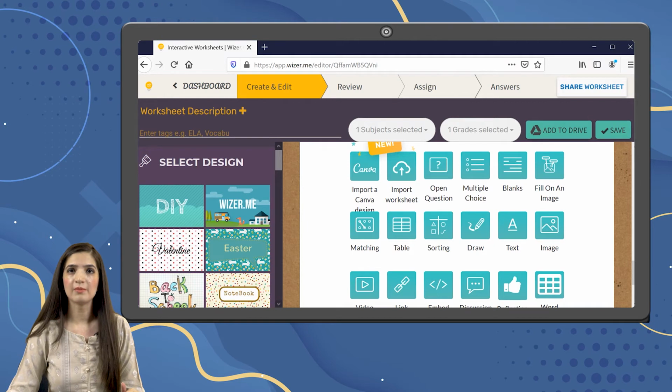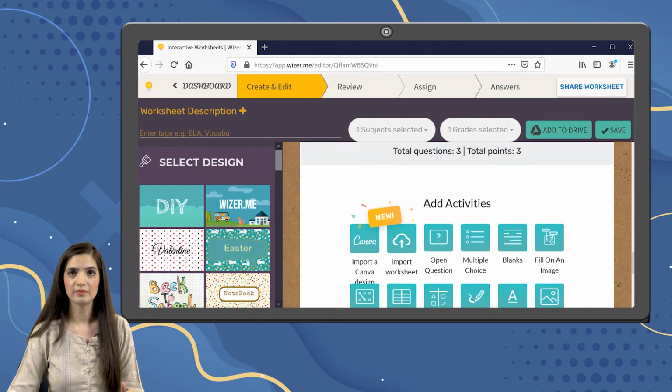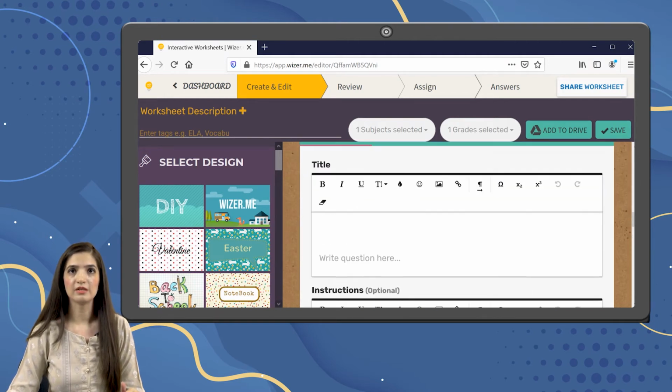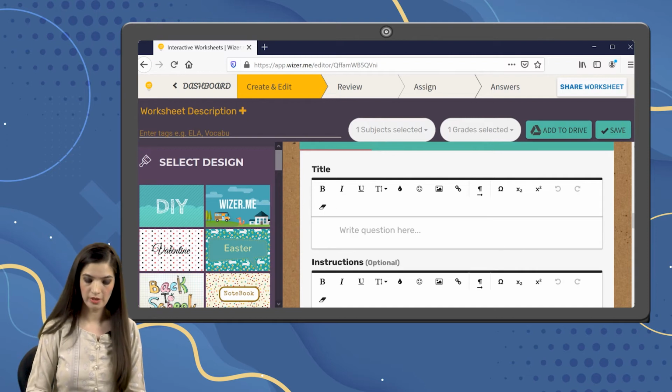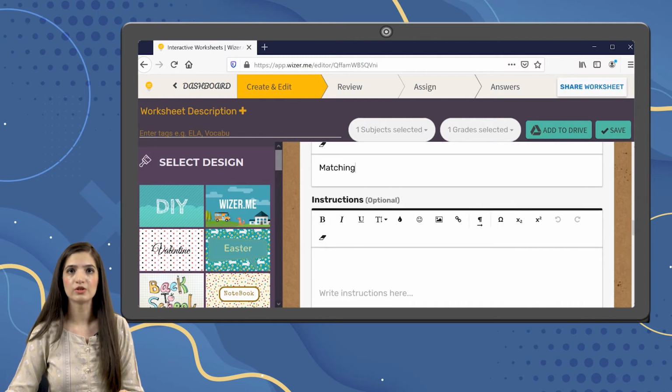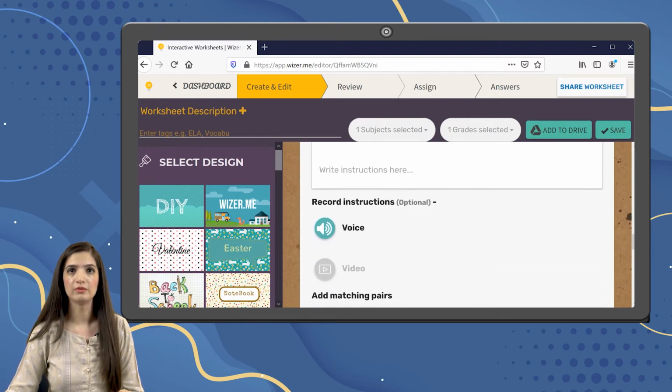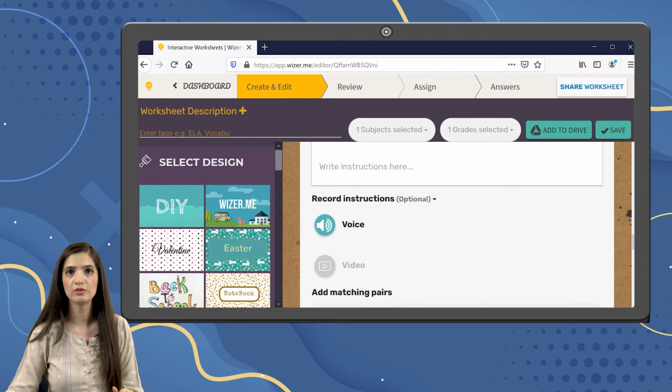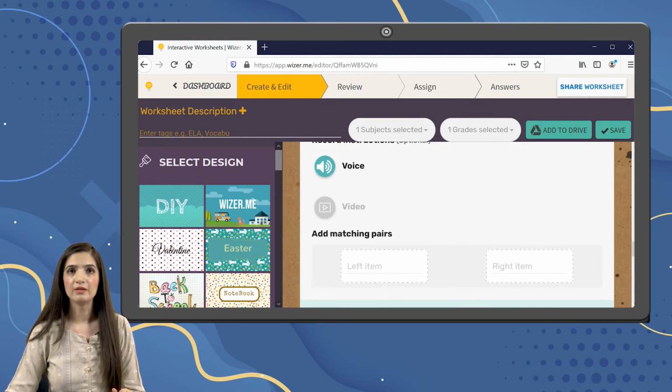Let's take another example of this matching. Click on it and give instructions. Write a title. You can add a title according to your need, and then you can also enter some instructions, which is optional, and recording your question is also optional. Here you are supposed to add some matching pairs.